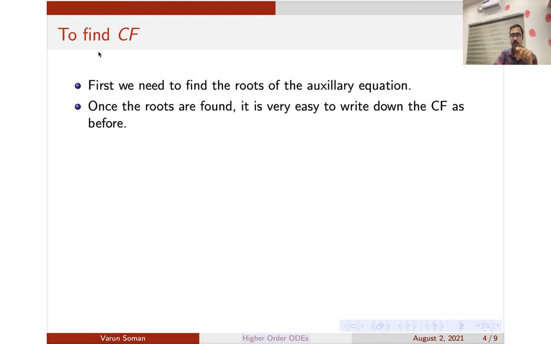Two methods are there. The easiest method is you can use your scientific calculator to find the roots. If you want to know it, you can just look on Google, there are many videos in which they tell you how to find the roots using a scientific calculator. That's one method. The second method is the trial and error method. I will explain it for you. For examination purposes, you just go for the scientific calculator because it will save time for you. But I will also tell you the direct method for you to understand.